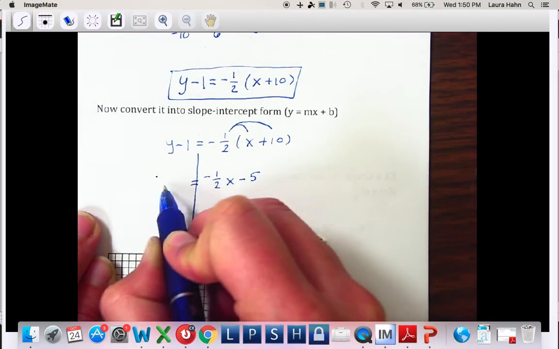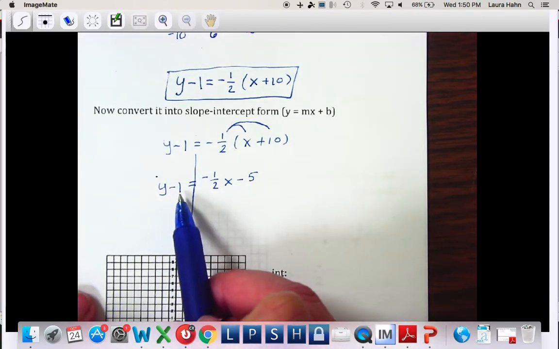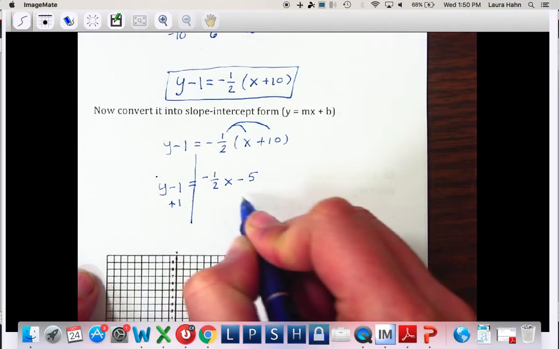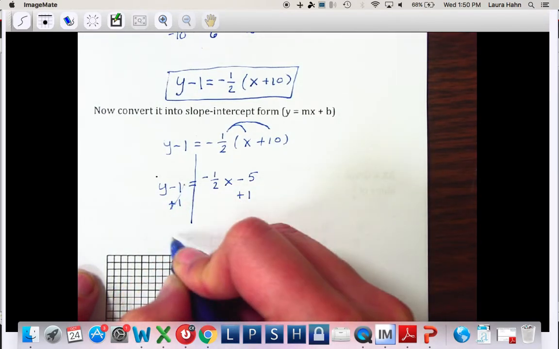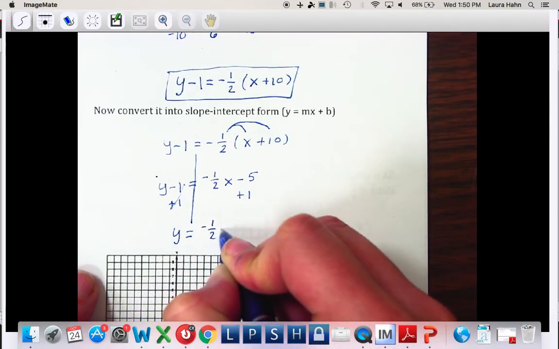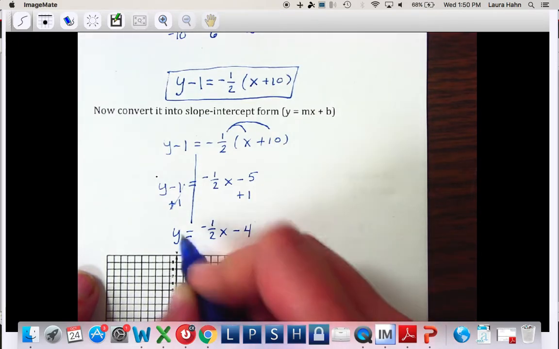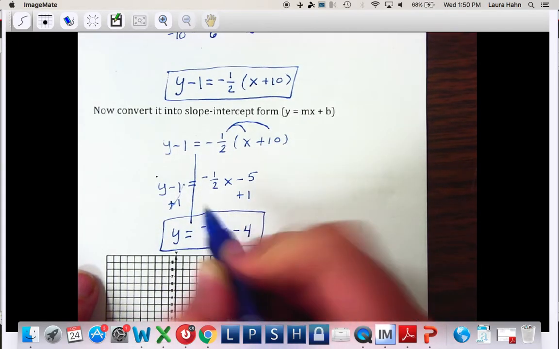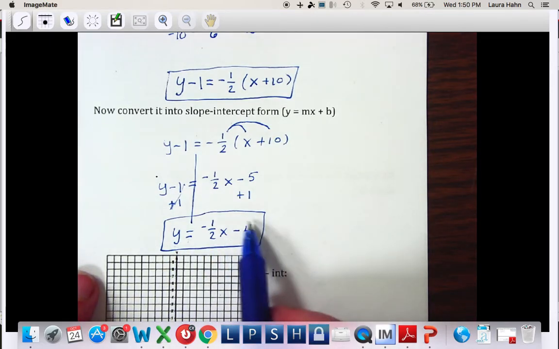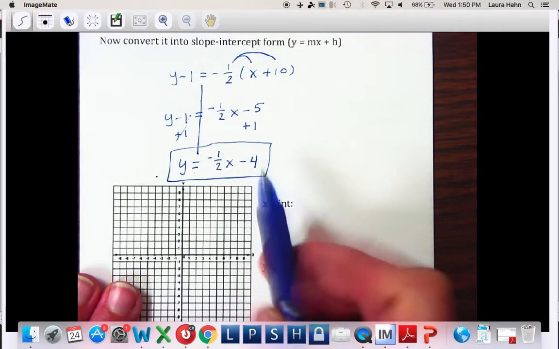This y minus 1 on the other side drops down. Okay, remember we want y by itself, so to get rid of a -1, I'm going to add 1 to both sides. That cancels. Y drops down. My -1/2 x drops down. And I know that negative 5 plus 1 is a negative 4. So this is y equals mx plus b. So I know that this is my b, my y-intercept, which tells me down here that negative 4 goes in the y position